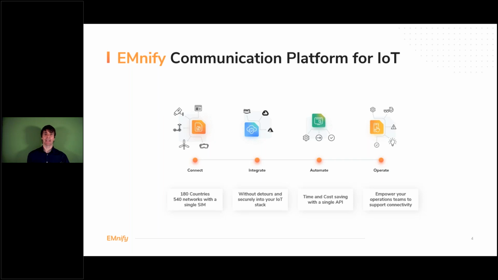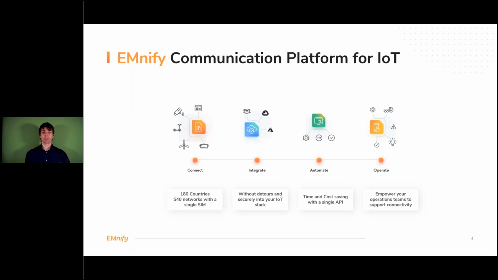But connectivity is not everything. If you want to build a scalable IoT product, you also need to think about how you can operate and manage everything around connectivity. So we have several features on our communication platform to integrate connectivity into cloud services like AWS, Azure, but also Google Cloud Platform, which we're talking about today, but also other third-party services.